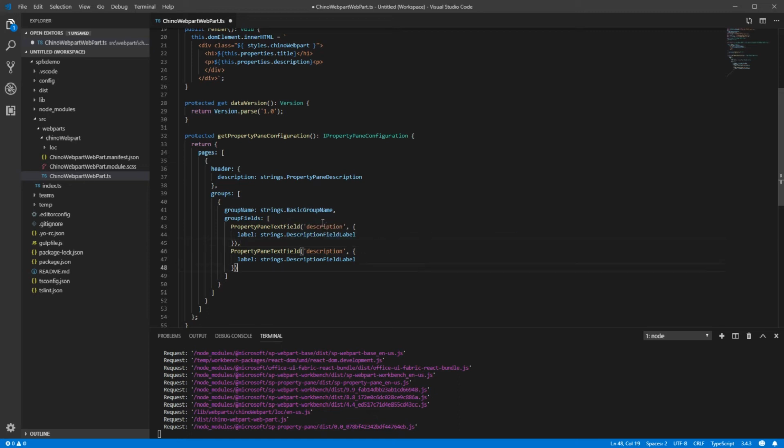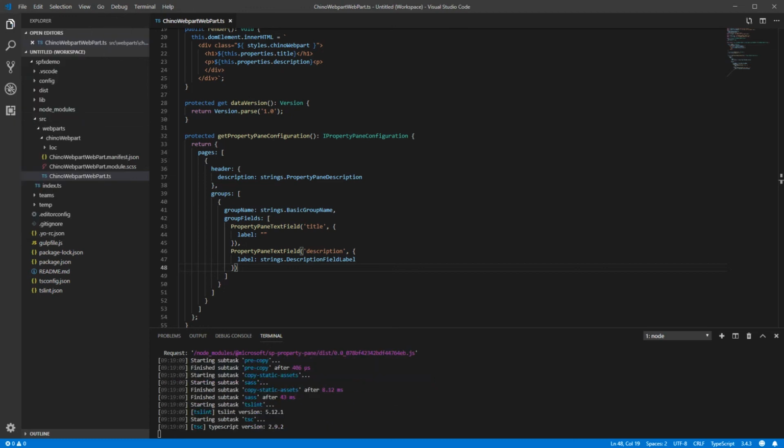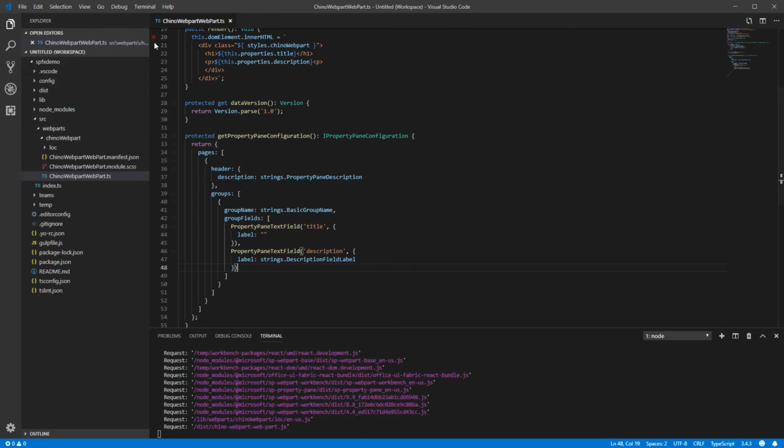We're going to add, we separate it by a comma because it's an array, remember, it's in the array groupFields. And in here, I'll change this to title. By default, I'm just going to make that blank. Okay, so let's save that. Okay, so there's only one other place that we need to make this change to complete this additional property field,